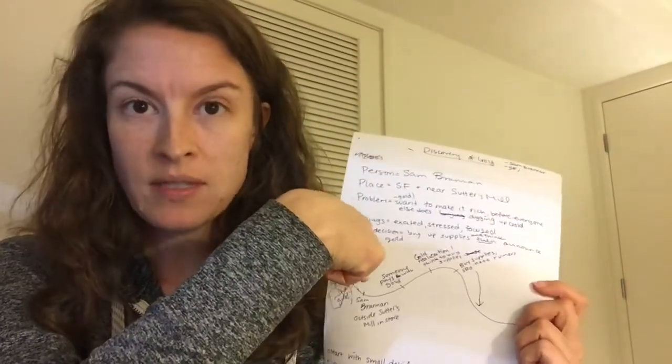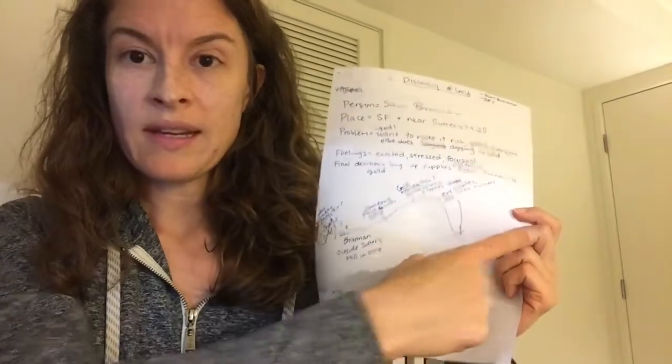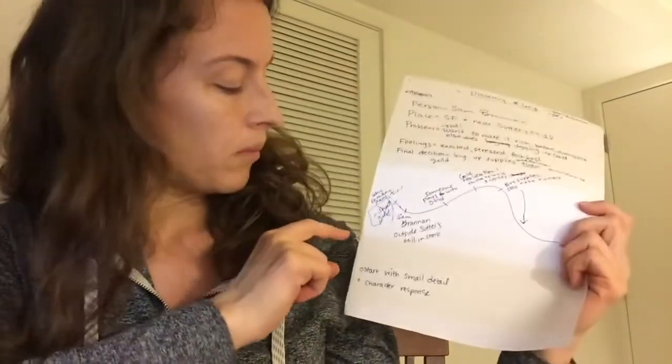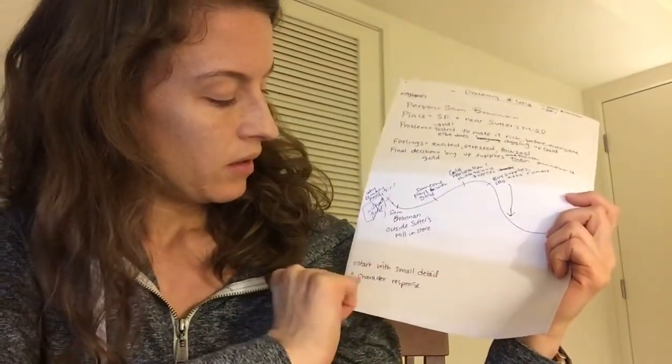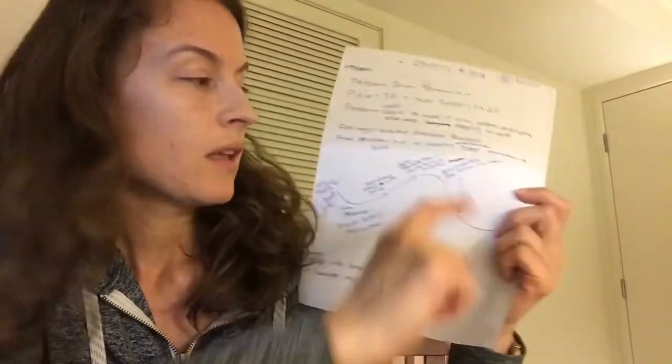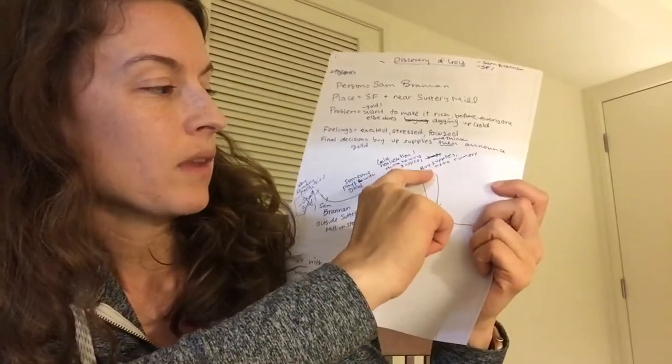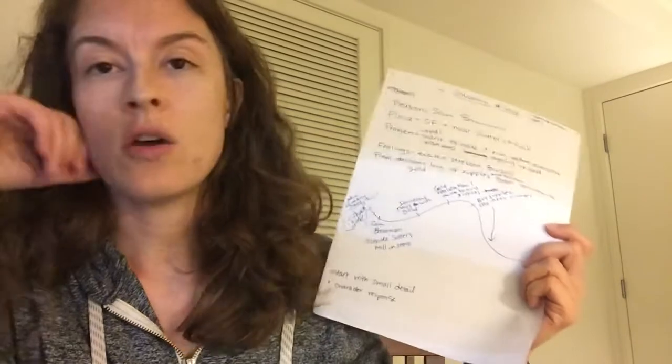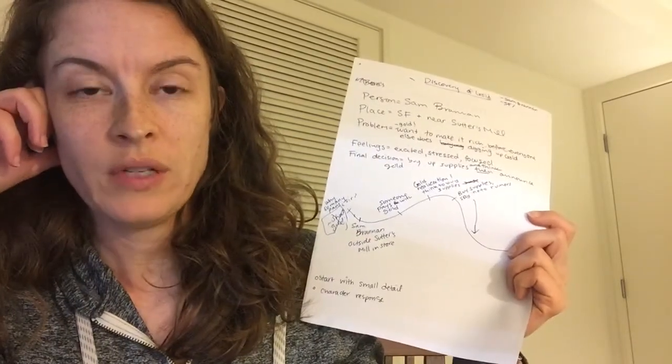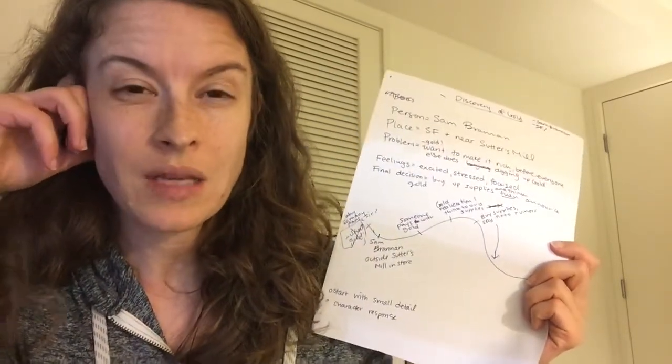Okay, historical authors. I'm sorry that somebody took over this iPad for a short moment. We're back now. What I want you to remember from this video is this: 3 P's, 2 F's, storyline. Start with a small detail. Use character responses the way I have. I'm going to have Sam Brandon saying no, that the rumors of gold are untrue, to show even more about how he's keeping a secret.